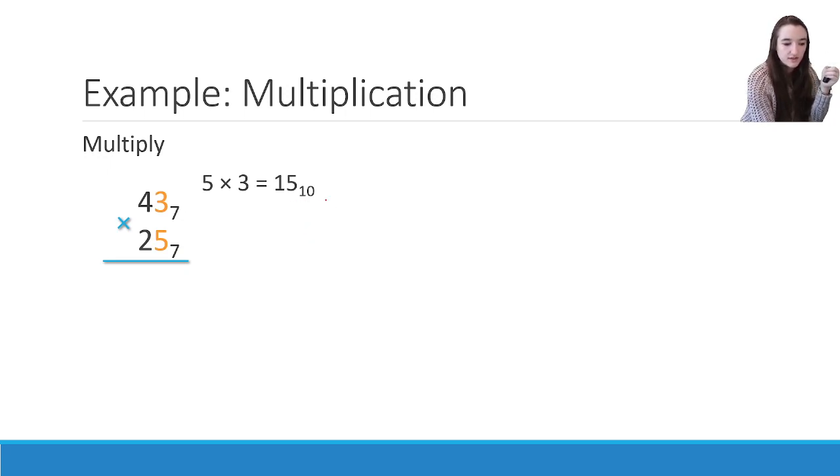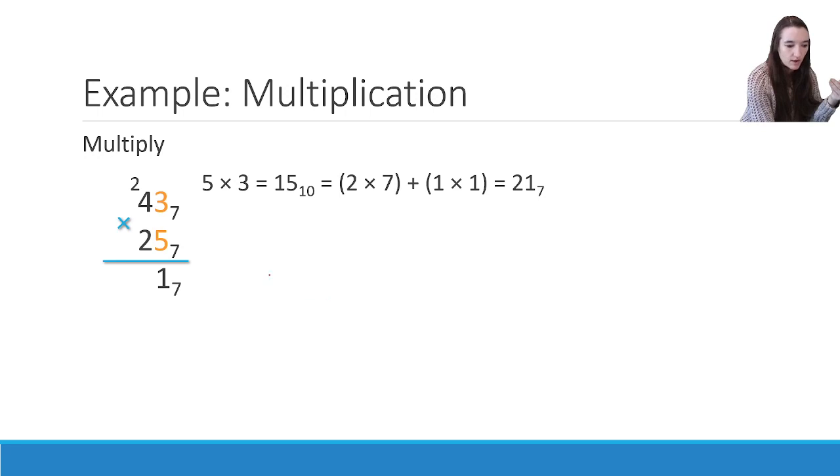Okay, so 15 base 10, what does that equal in base 7? So that's how many 7s, how many 1s? Well, it's 2 7s to get to 14 and 1 left over. 2 times 7 plus 1 times 1. So we write this as 21 base 7. Now we write a 1 below and we carry the 2, just the same way we would when doing normal